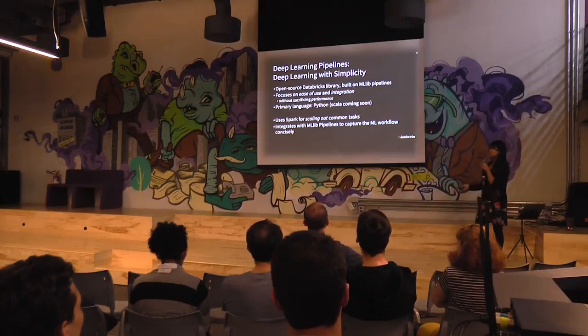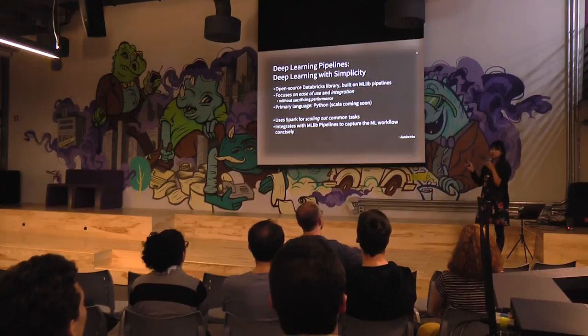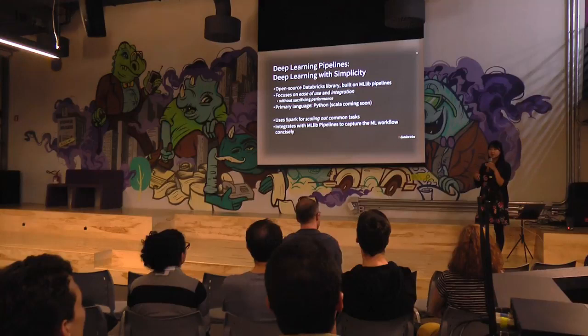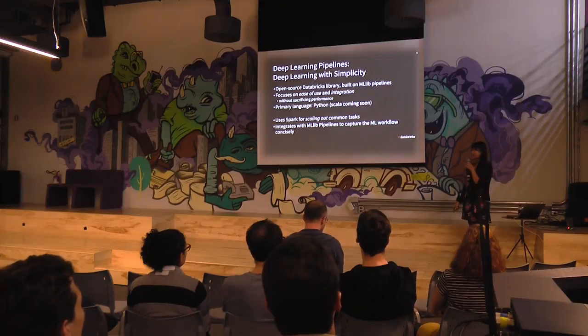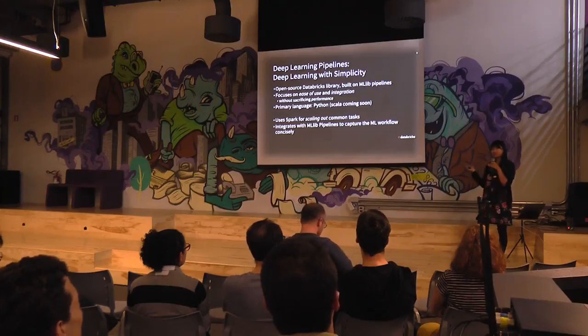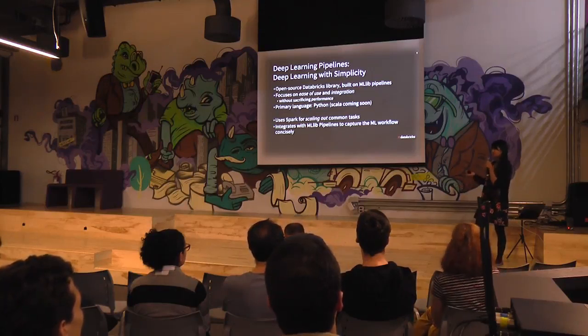It's open source, so you can always pip install or whatever and try and get your hands dirty and try deep learning. It focuses on ease of use and integration. Ease of use, meaning that it's kind of like, if you use scikit-learn today, it's really easy to use. We've built it such that it integrates with Spark MLlib. So you can, say, use a deep learning transformer within your MLlib pipeline, and it's really easy to get started. There are little code snippets you can get started with. I have a demo really soon, and it's literally a few lines of code to get a popular deep learning model out of 5 lines of code.